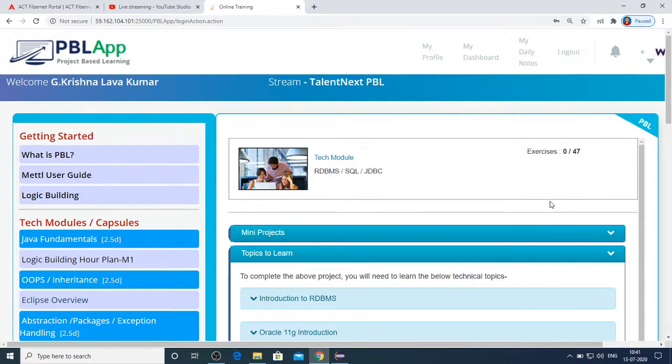These are the different commands that we have under DDL. And commands that come under DML, that is data manipulation language, are insert, update, delete, merge, and call. These are the commands that come under DML.